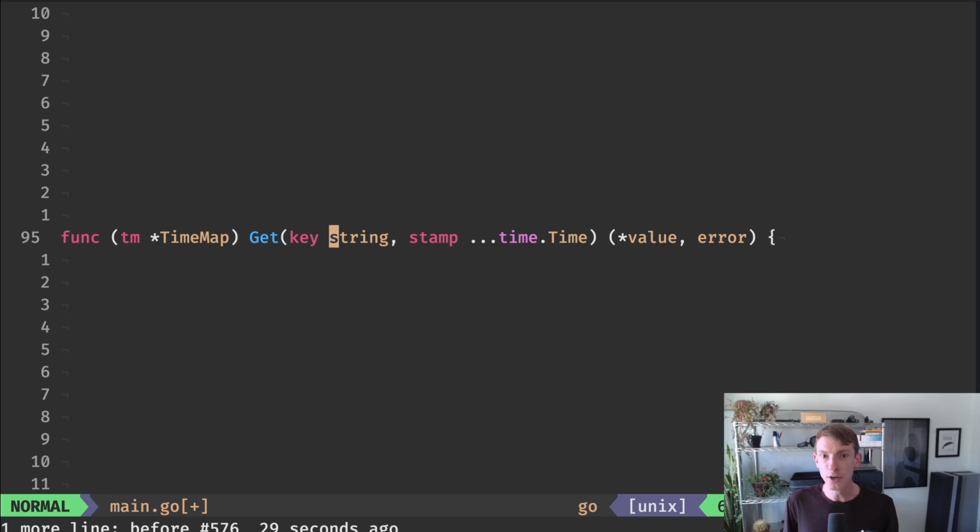It's going to be called get. We're going to accept the key string, and we're going to use variadic functions here. That's what the 3 dots are, to accept technically a list of times. Now, why I'm using this is in that list, it actually can be 0 or no elements all the way